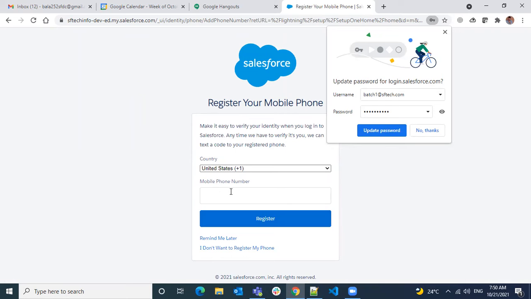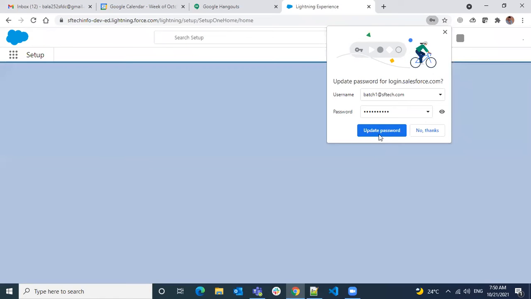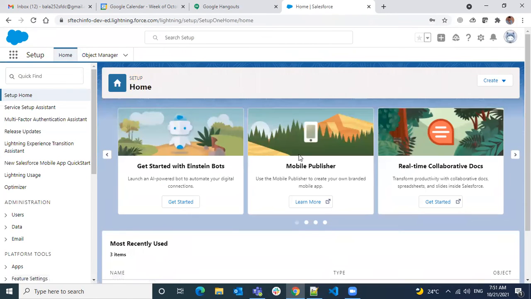If you register a mobile here, then you have two-factor authentication, right? Instead of the verification code going to email, you can change it to your mobile also. I don't want to do it now, so I don't want to register my phone. Okay, now we are in.